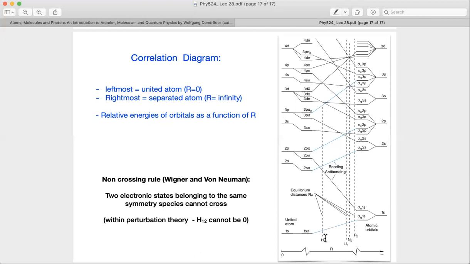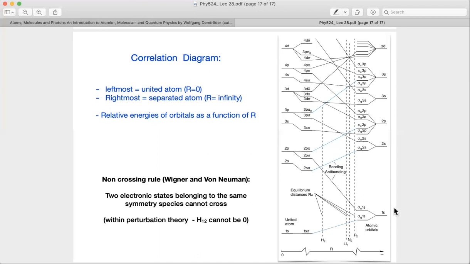So the H2 ground state will be determined at this R: what is the orientation of these different energy levels, etc. The blue lines denote the bonding orbitals. The black lines denote the anti-bonding orbitals, etc. So this is hydrogen, this is lithium, nitrogen, P2. These are the equilibrium distances, etc. As Z increases, your molecular bond length keeps increasing, and you go from here towards this end, almost basically.